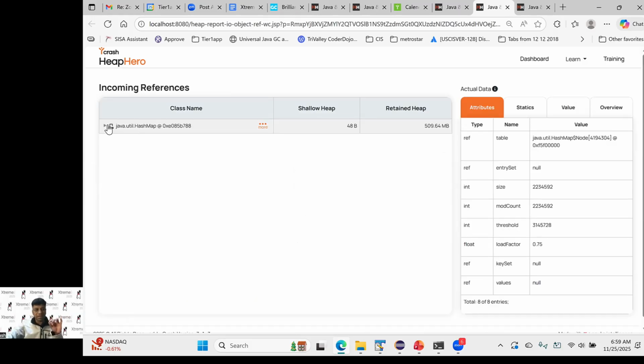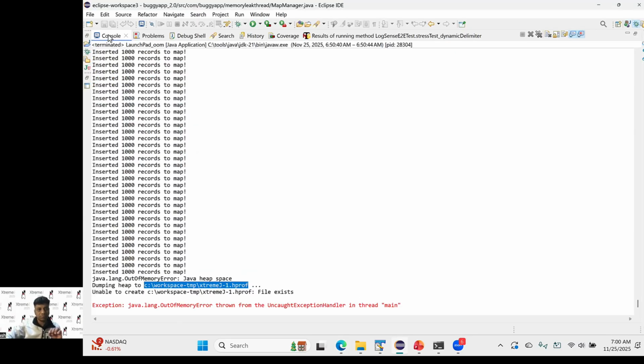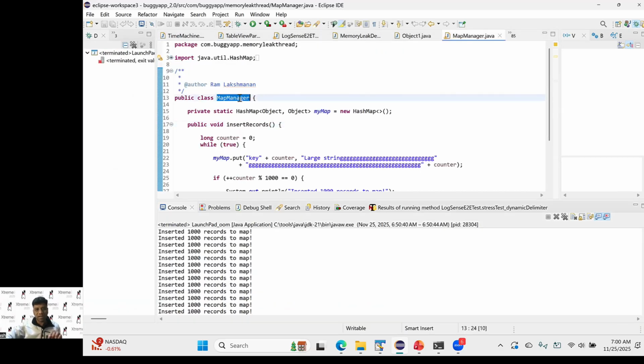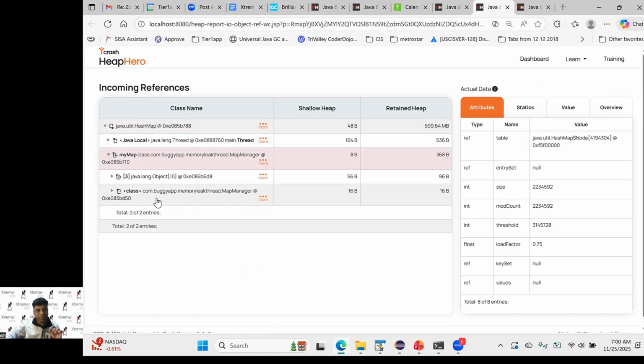I click on this, I can see this hash map. You can see it's referenced by this map manager. This map manager is the class, and you can see this is the variable. You can see even the variable to be printed. Here's the variable and here's the class. Who is referencing the map manager? I can see it's being referenced by